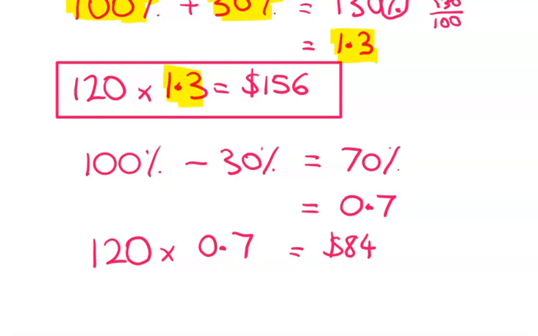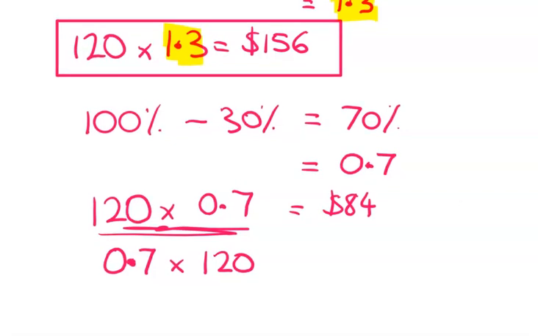Now, in some ways, it's nicer. The order that we do these in obviously doesn't matter because multiplication is commutative. The order of multiplication doesn't matter. But it's kind of nicer when you're learning it for the first time to think of it as 70% is 0.7. So 0.7 times 120. So when I do the examples later in the video, I'm going to work in this order, right? So 0.7 times 120